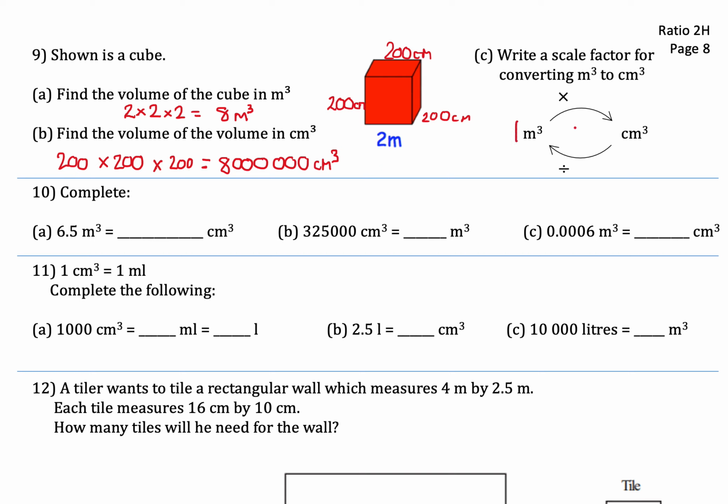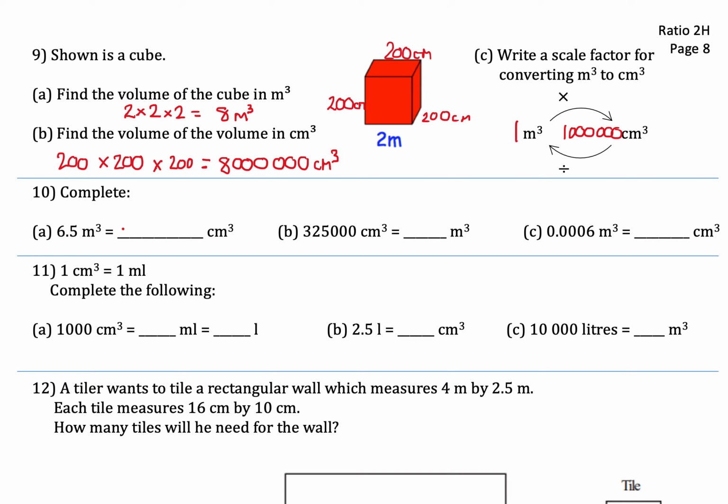So 1 cubic meter is 1 million cubic centimeters. If you think about how big a cubic meter is, that makes complete sense. If you sort of widen your arm span a fair amount, it's about a meter, and then that wide by that high by that deep is quite a large space. Okay,